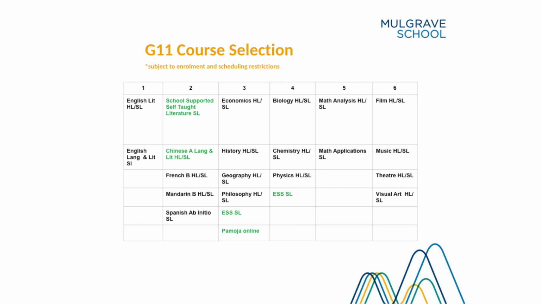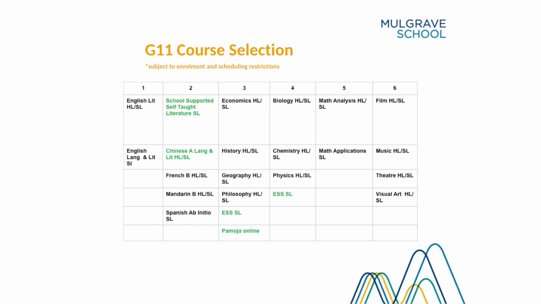It's actually a transdisciplinary subject, and it covers the requirements for both socials and for sciences. So some students might take ESS, which will enable them to not have to do a Group 3 and a Group 4. The ESS covers the 3 and 4 and enables them to do an extra art or an extra